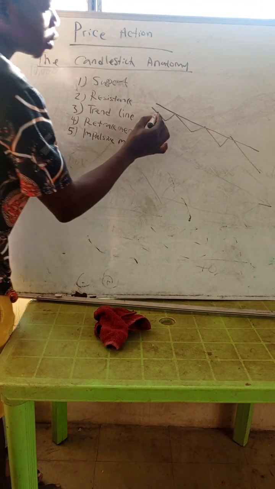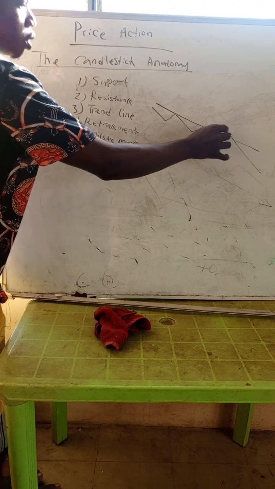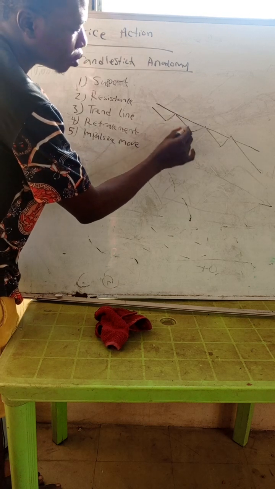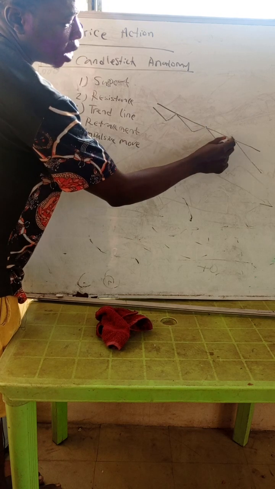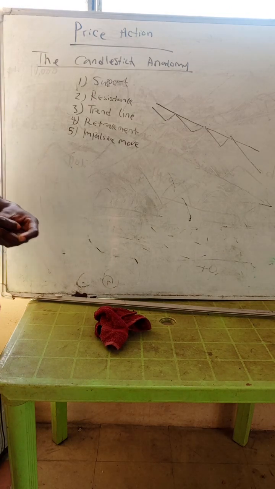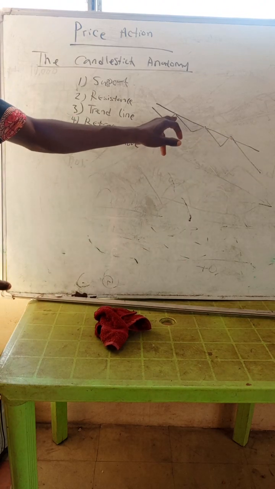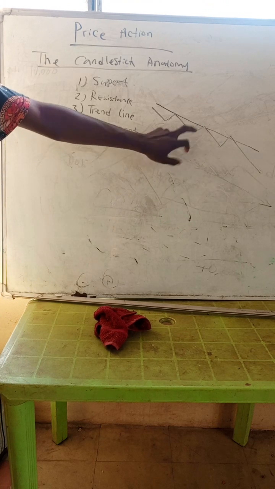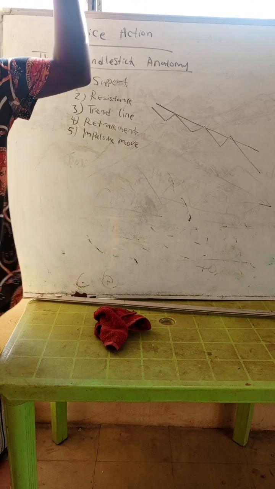You see how my trend line was used to connect all the resistances where the price failed to go any higher. So the market came down here and then tested the trend line and pushed down, then here touched the trend line again, and moved down again, touched the trend line again, and then moved down. So the trend line represents all the resistances of the market. Each time the market comes to the trend line, it goes down. This is how you use the trend line for a downtrend: you use it to connect the highs of a downtrend.